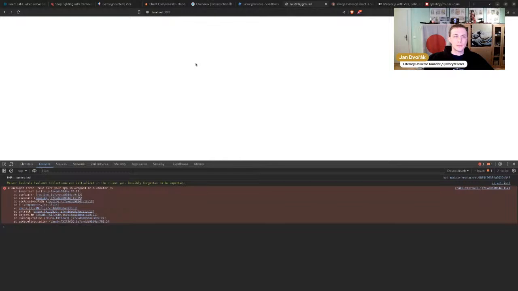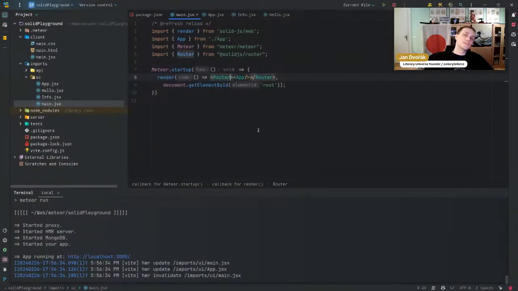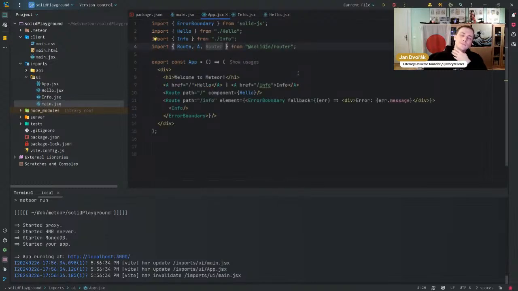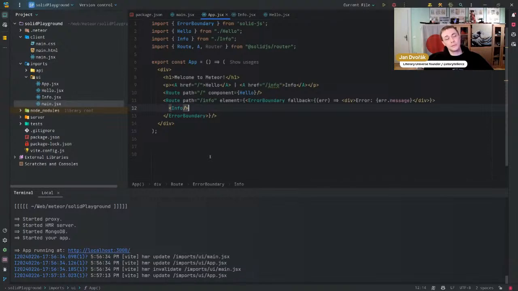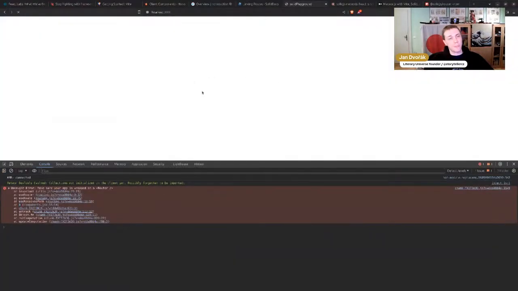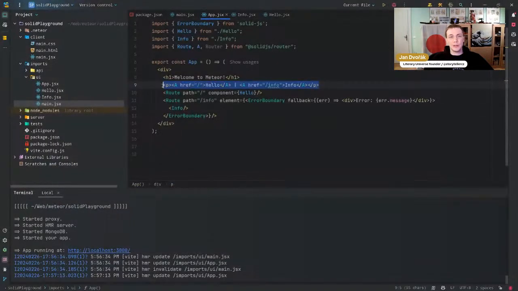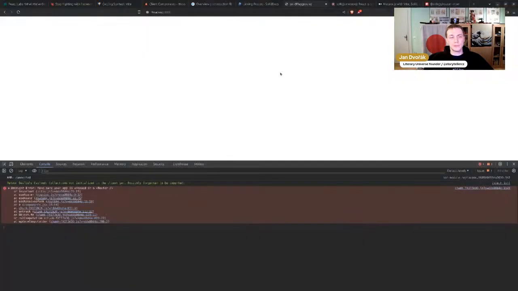Can we go? It's for the A component. All right, that should be fine because we are already in the router here. Should be. For some reason the A-links don't like that. So